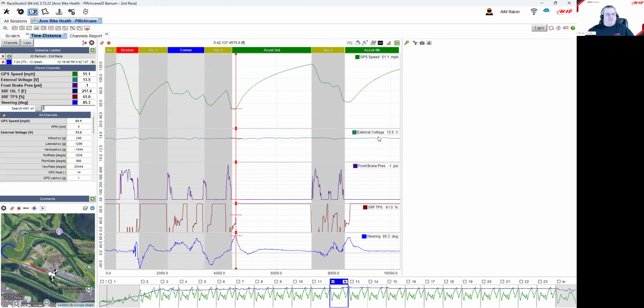I opened this one, but the profile that I have open and attached right now is Aaron Bike Health. So the entire profile I've built here is what I had active when I last closed down Race Studio 3. Then I reopened it here, and I opened up this Spec Racer 4 data. Well, that's probably not going to do much good for us, right? So one of the things I want to do is immediately go to my list of available profiles and load the one I've previously built for this. So to find your profiles,